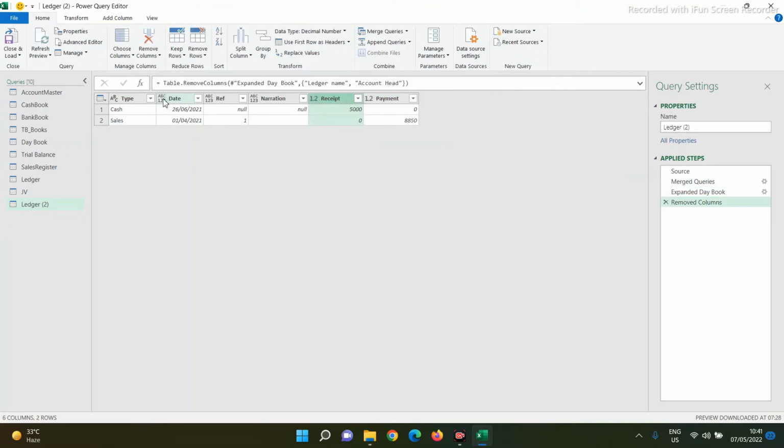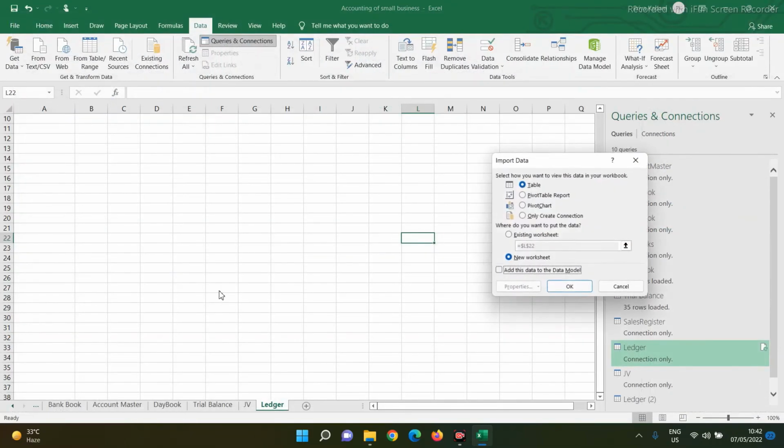I will change the date time into date. I will move this payment here before receipt. I'll rename the column name from payment to debit, and credit from receipt. My work is over. I will close and load this query